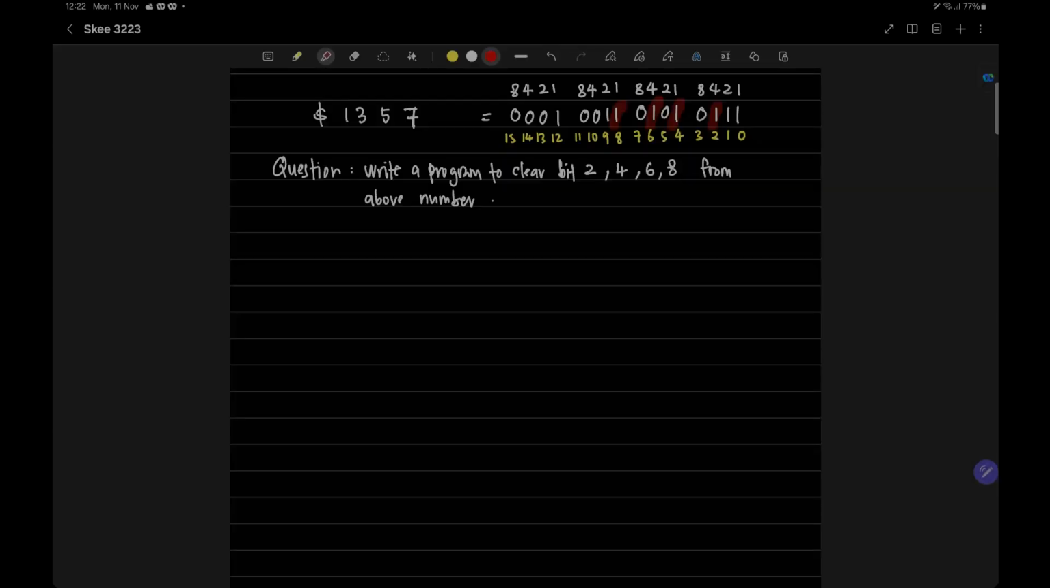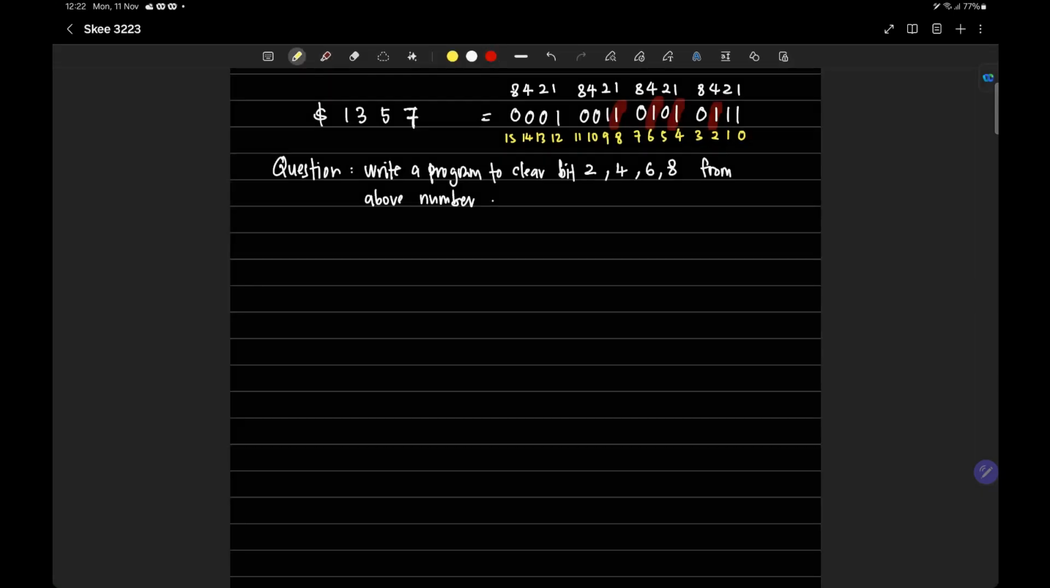Here we find out what is the mask register. The mask register is equal to the bits that we're going to clear, which are 2, 4, 6, and 8. Make sure that these bits get logic 1. You put 1 to these bits, and the rest of the bits you give 0. So your mask register will be